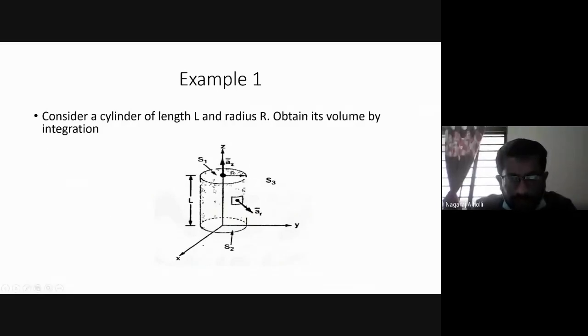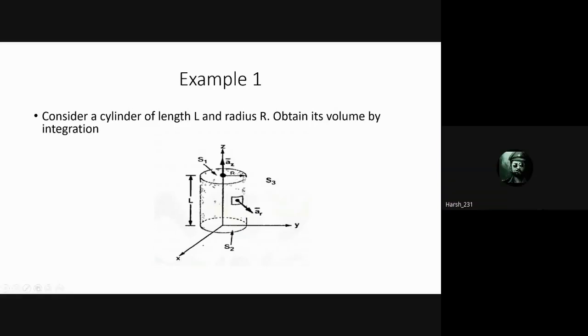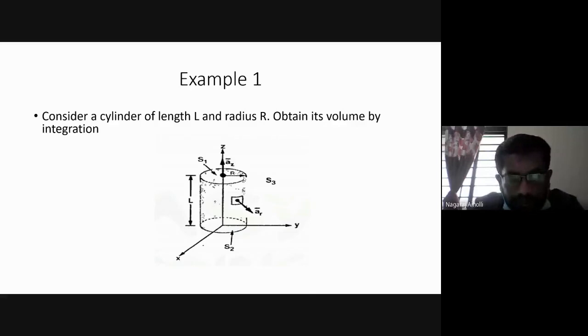Consider that surface. What coordinates come into the picture here? This is Z, AZ bar. The other coordinates will be R, leaving aside AZ bar. I'm just telling you about the coordinates.